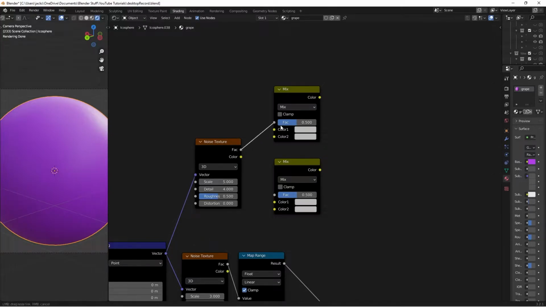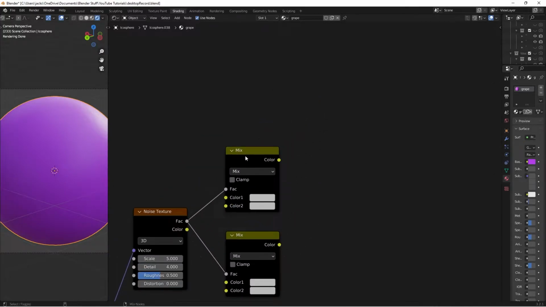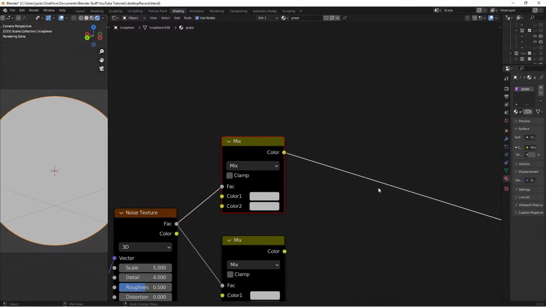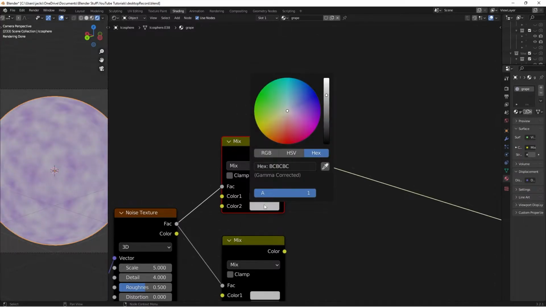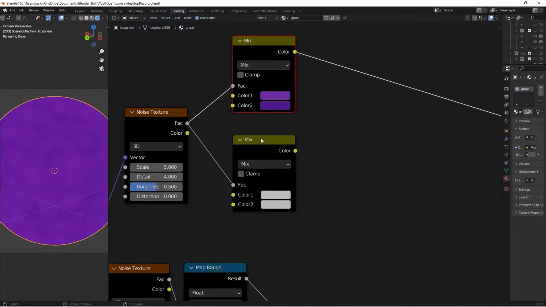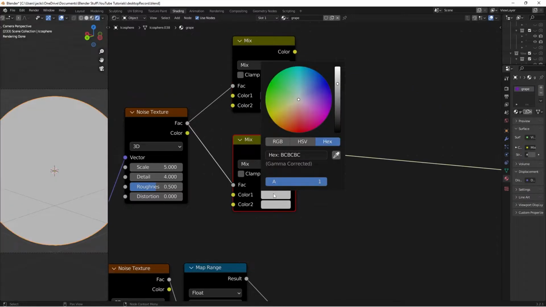So anyways, I'm going to drag this factor into the Mix RGB factors, then Control Shift and left click this top guy. Then I'll give you some hex values for these colors. This top color 1 is going to be a 6F2DA8. Again, that is a 6F2DA8, just like that. Then this color 2 is going to be a 4F1A8C. Again, that is a 4F1A8C, just like that. Then if we Control Shift left click the bottom guy, this color 1 is going to be an